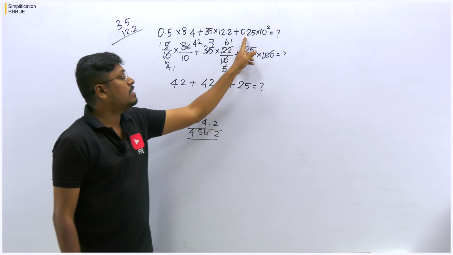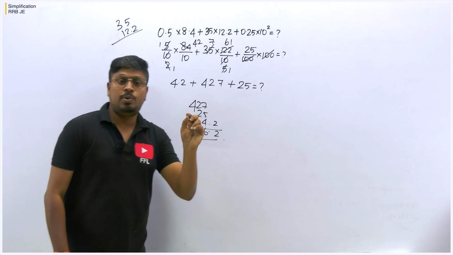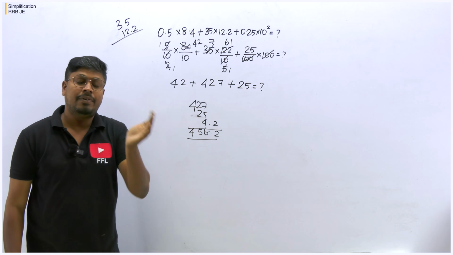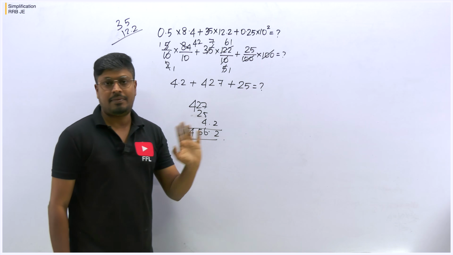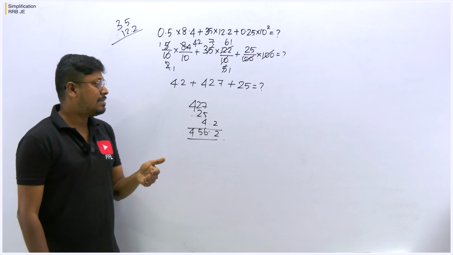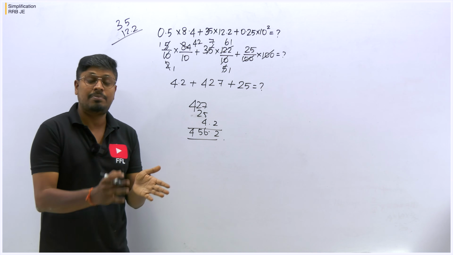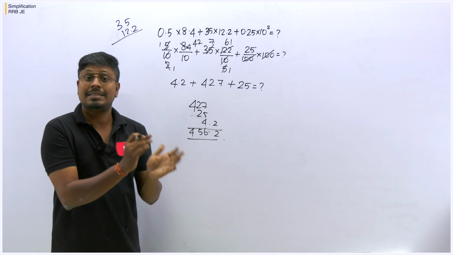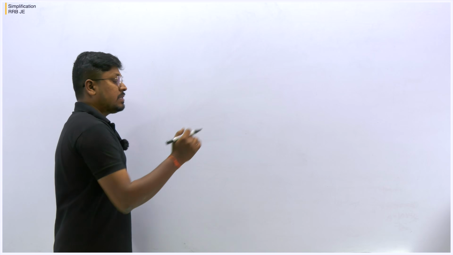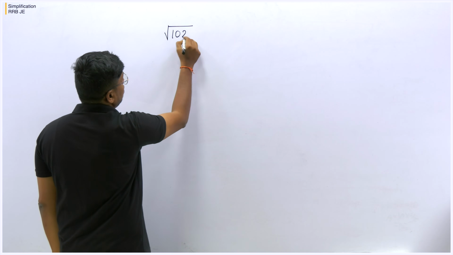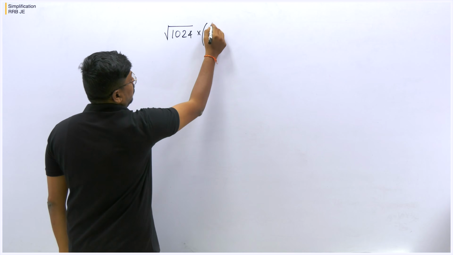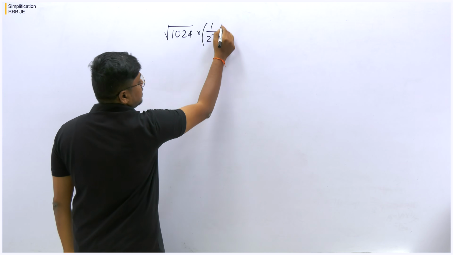Similarly here, instead of 0.25, when you remove the decimal point it will be 25 by 100, and then we can cancel 100 and 100, so it becomes 25, right? If you solve like this, most of the questions we can solve a little bit easily. So next question: square root of 1024